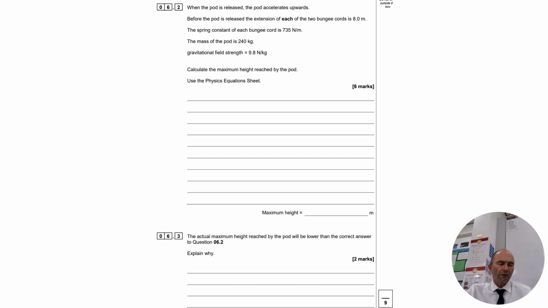Now, first thing we need to think about is trying to calculate how much elastic energy is going to be stored in our bungee rope. So you've got E equals half K, that's the spring constant, multiplied by the extension squared. Now we just need to substitute our numbers in to calculate that value. So you've got a half times 735